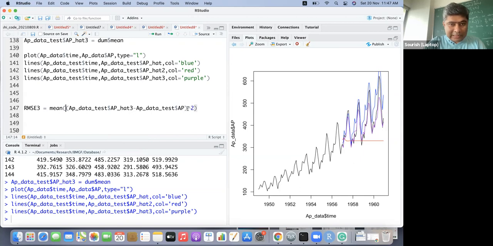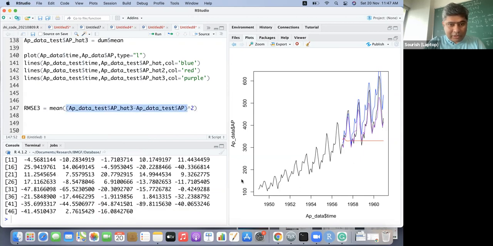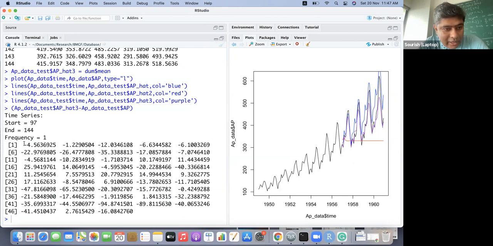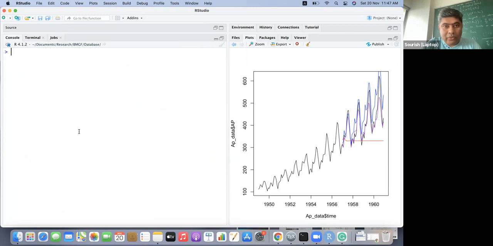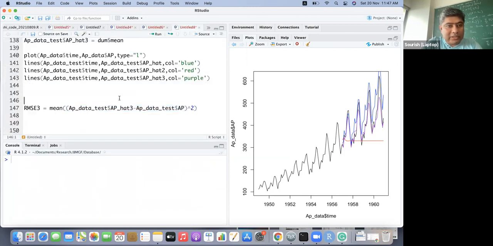Now, first, let us see. You see, ARIMA has some positive values and some negative values. So it looks like it is not underestimating or overestimating. On average, the errors are close to 0, which is good news for us.